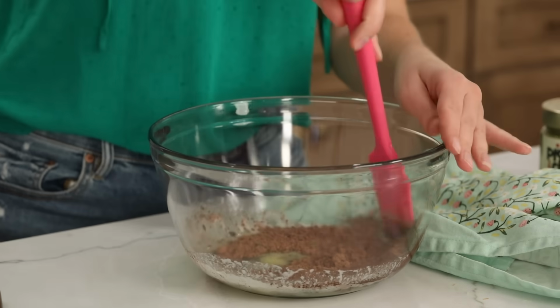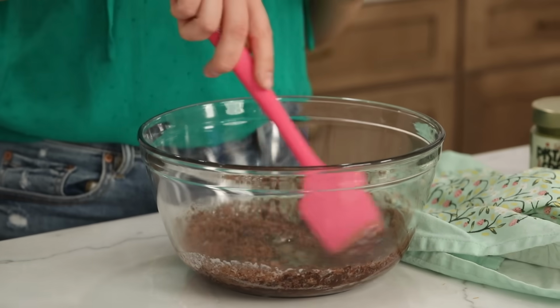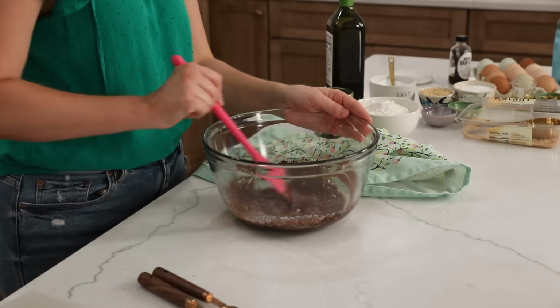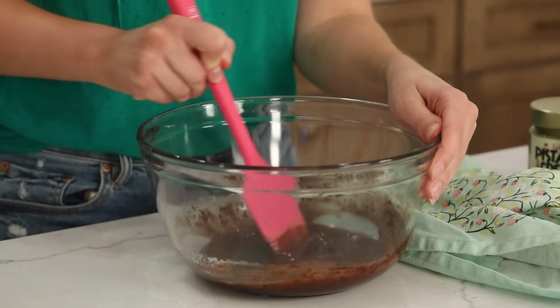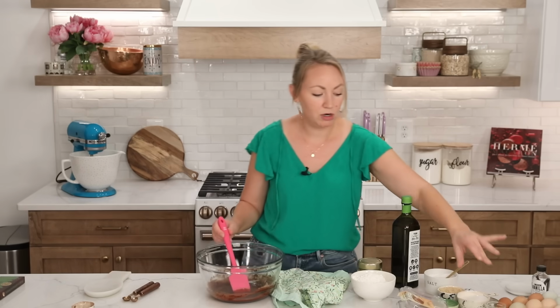And we are going to stir the cocoa powder in while the butter is still warm. The benefit of this is twofold. We are blooming the cocoa powder, which is giving us that super intense flavor, and we are cooling down the butter because we can't actually move forward with this recipe until that butter is cooled. And then at this point, once that's nicely combined,